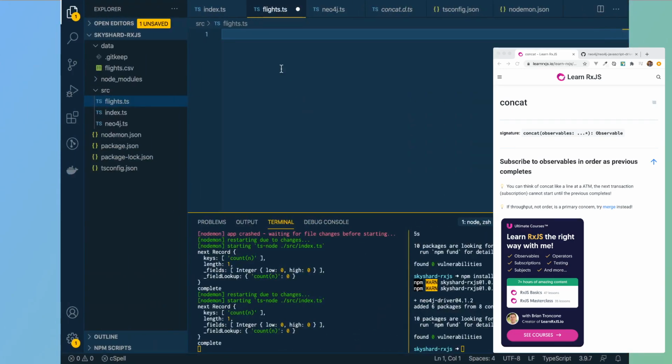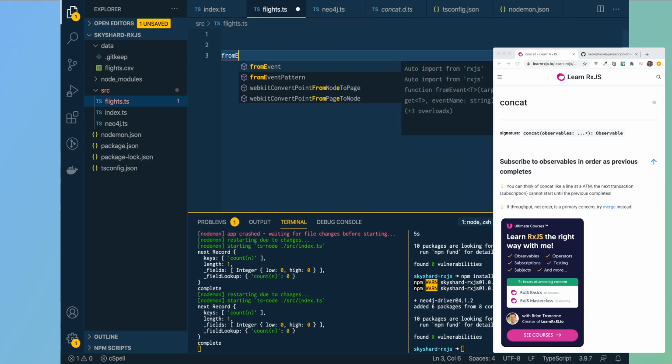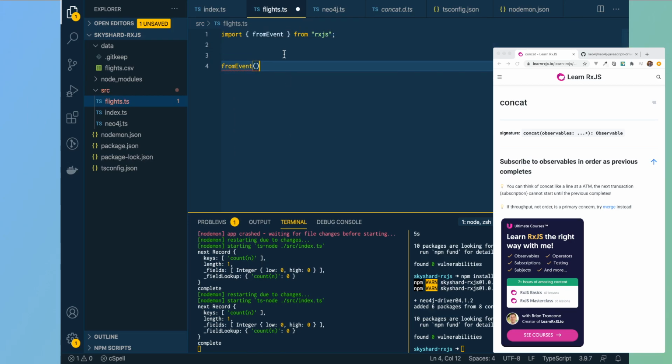So what we can do instead is use RxJS to produce streams of those values, and then use the operators to batch them up and insert them into Neo4j. Like I mentioned earlier, there's this fromEvent function in RxJS, and that allows you to create a stream, or an observable, from any event emitter